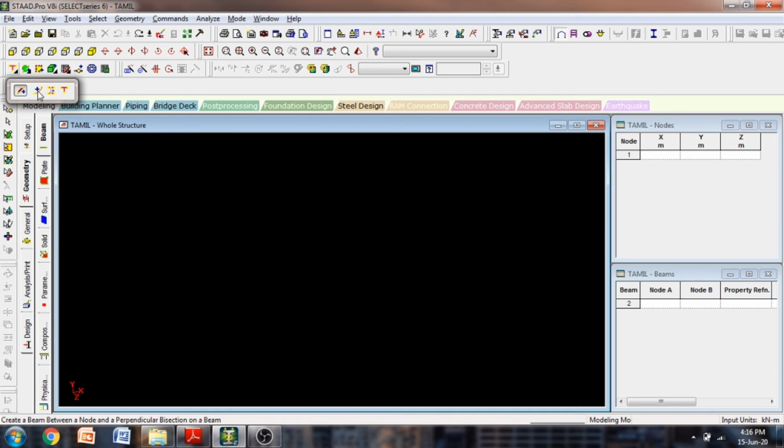Keep your mouse on this, then leave your left mouse button, then it will be selected and displayed over here. Then you click onto it, and you can add a beam between 2 nodes. I'll briefly explain how to draw this with the radius it is given.